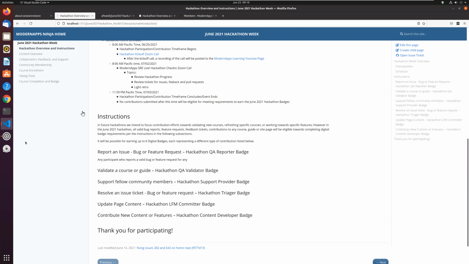Now, it is also acceptable to do the same thing in the pull request, right? Let's say that you're going to update the period at the end of the sentence. It really would be a very cumbersome process to go to issues, open an issue ticket, come back, open a pull request, fix the period.